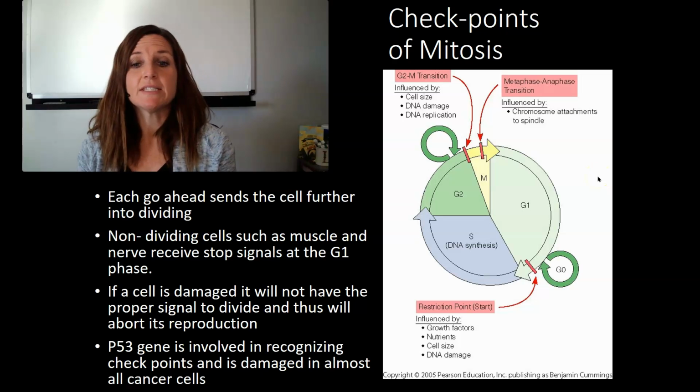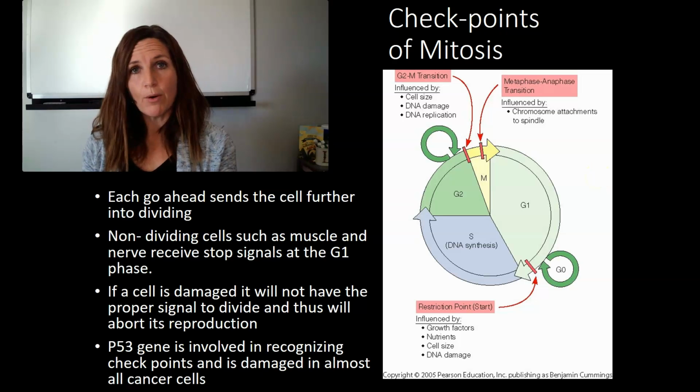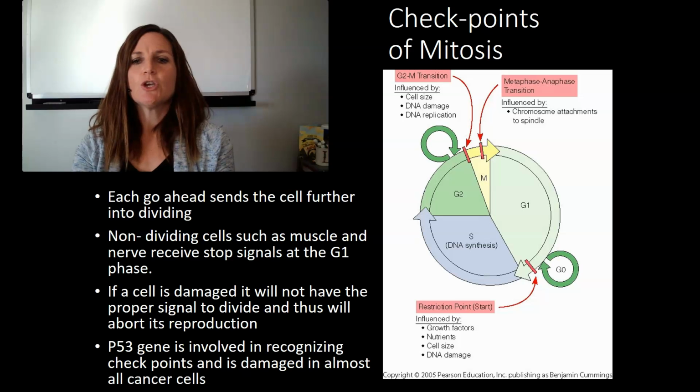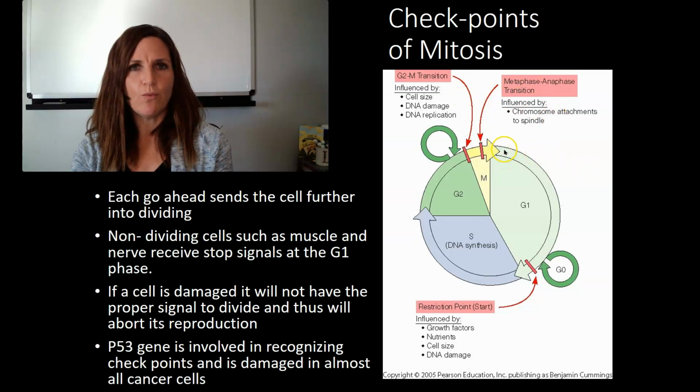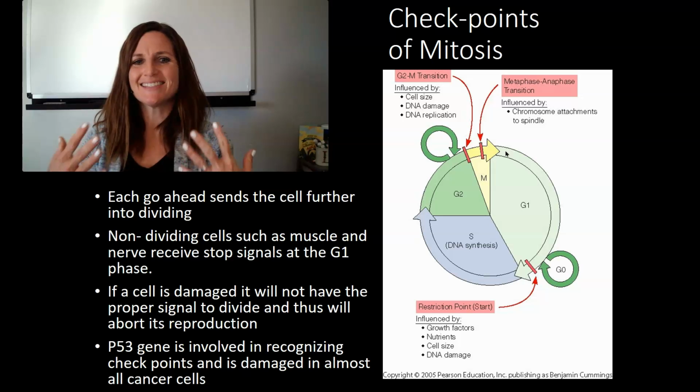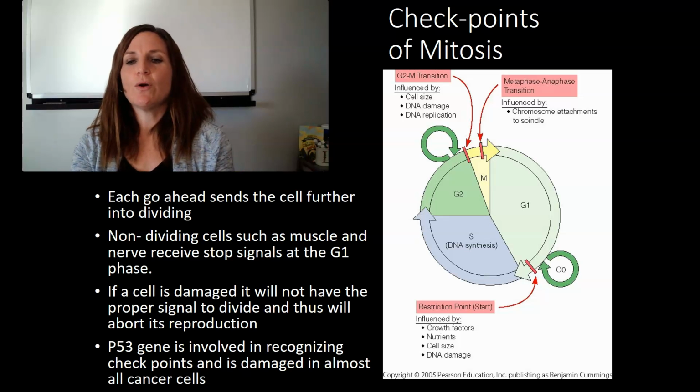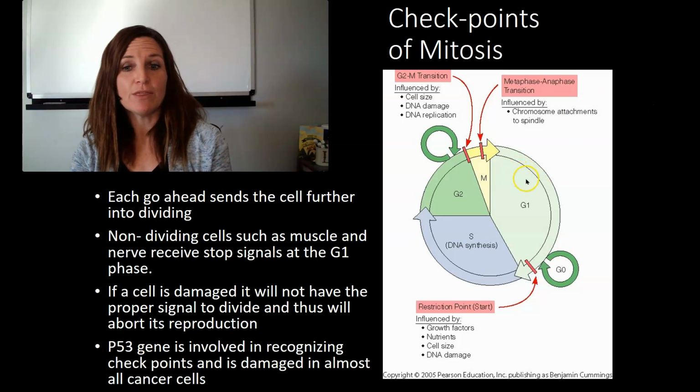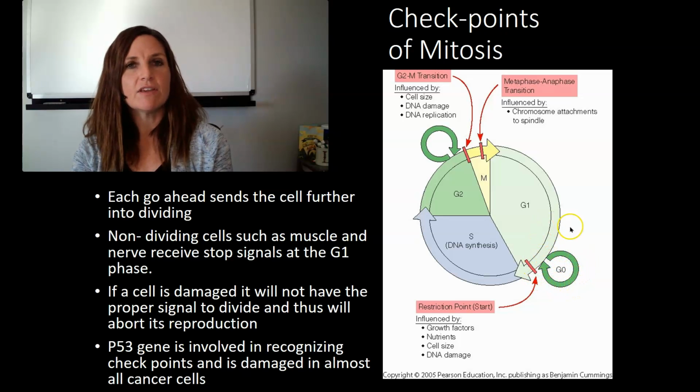So this is a look at the cell cycle again with the checkpoints that we know exist. So starting up here, we always start at the beginning of G1 because that's when the cell is born, like that's its origin. So at the beginning of G1, the cell lives its best life, right? It's going through its regular, everyday process. And some cells, like muscle cells and nerve cells, are going to hold in this G1. And we actually say that they enter this G0 or G naught phase, and they kind of keep cycling in